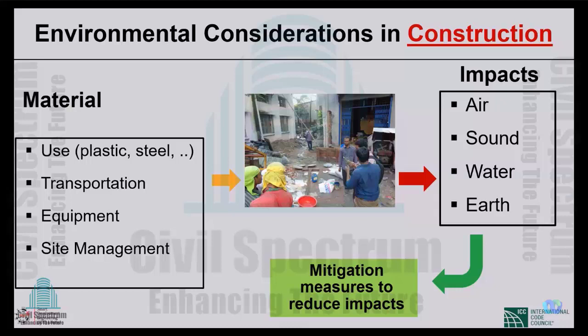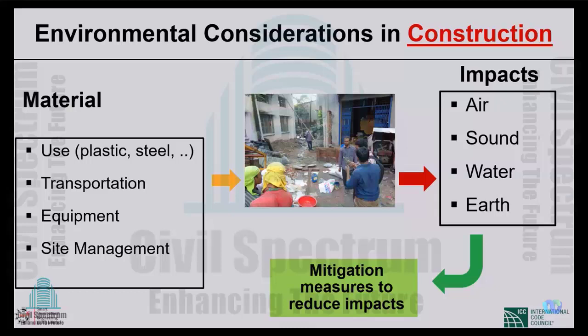If the old equipment creates more sound, then the new, better-performing ones create less sound. Finally, overall, site management is an issue for environmental safeguards during construction. So one of the things we have to understand is the impacts on air, sound, water and earth. Those are the major elements on which the environment is impacted. Then we need mitigation measures to reduce it and keep it within the limits, the requirements.